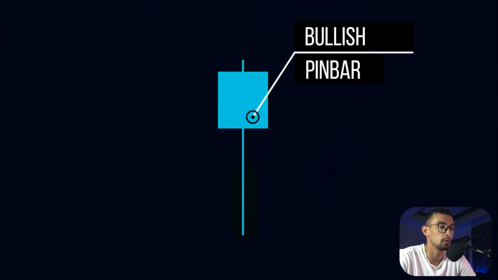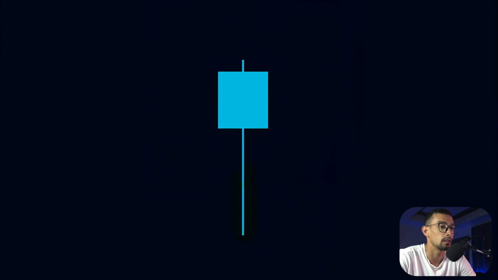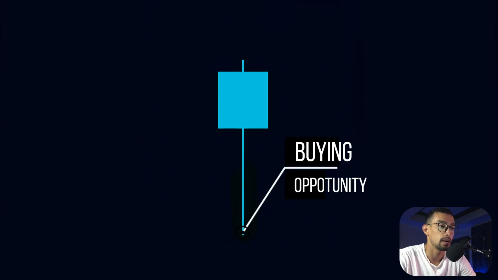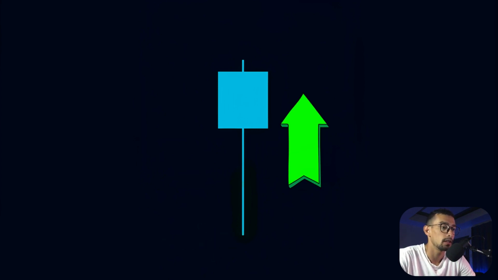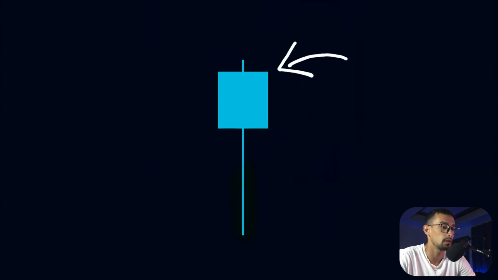So this blue candle is a bullish pin bar, and let's say that the price was in a downtrend before this candle. Then on this candle we see that the price opened here, then the price went down and created a low at this point. When the price was at this low, there was a sudden change in momentum. The buyers saw this low price as an opportunity, so they started buying the stock in huge quantities. This leads the price to substantially rise and close above its open,